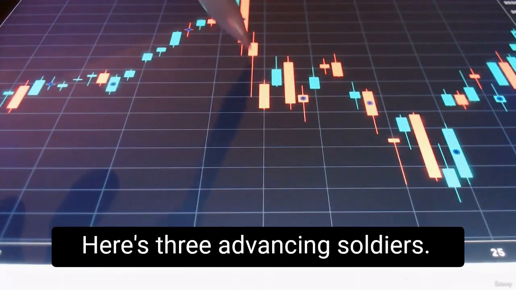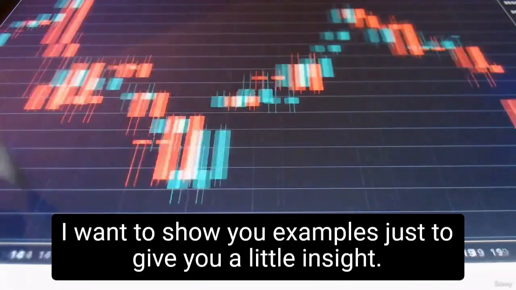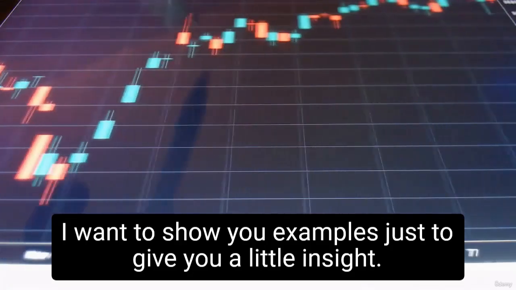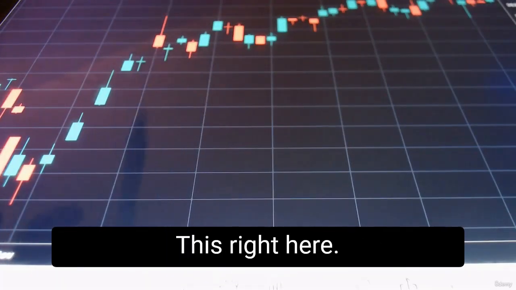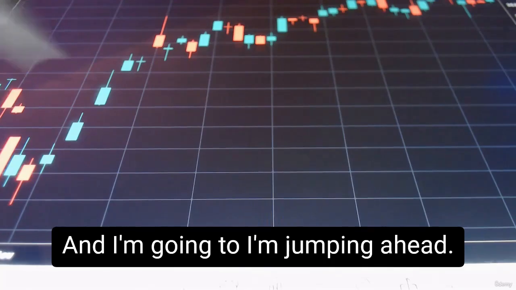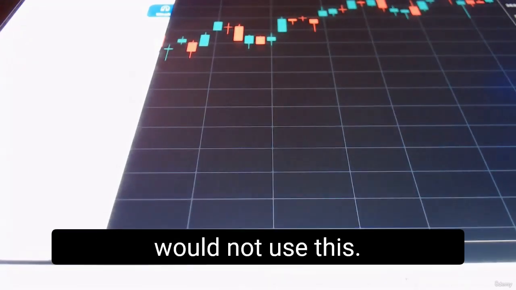Here's three advancing soldiers. One, two, three. What happened? The market goes down. I want to show you examples just to give you a little insight. This right here, and I'm jumping ahead, but I'm going to show you an example of why I would not use